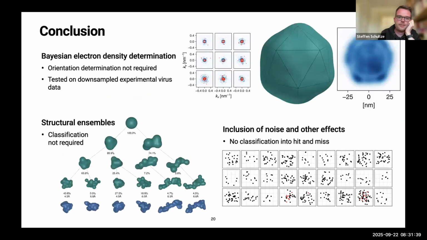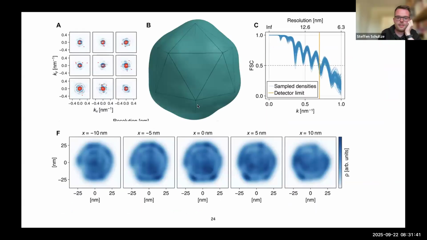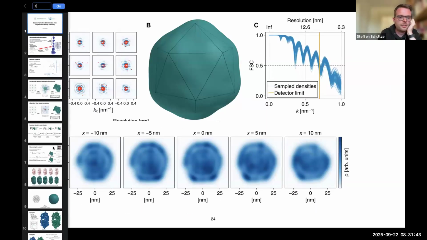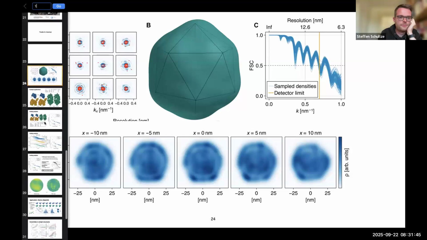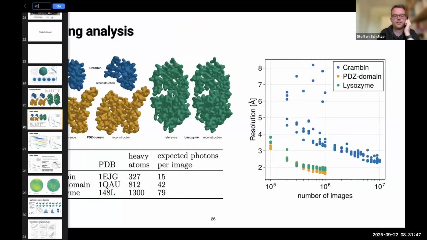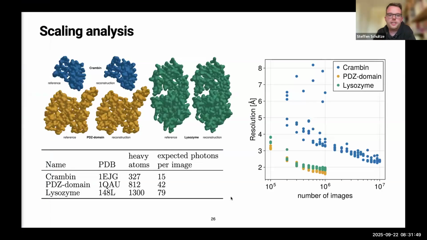So I have done some tests on different sizes. Hang on. Yeah, so here, this is the noise-free case, but I have 3 separate proteins. The largest one is the lysozyme we have seen. And you can see crambin, this is 46 residues, whereas this is a few hundred.